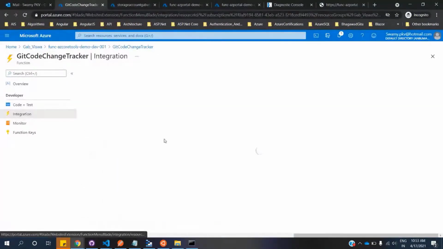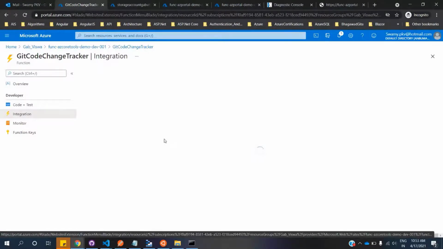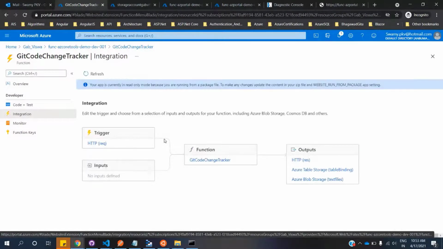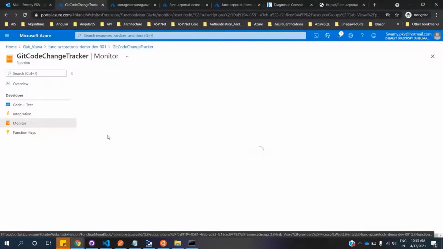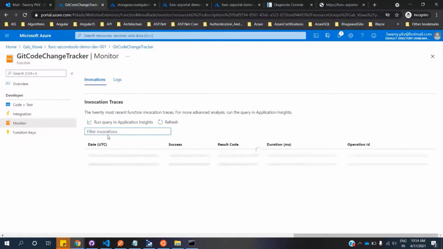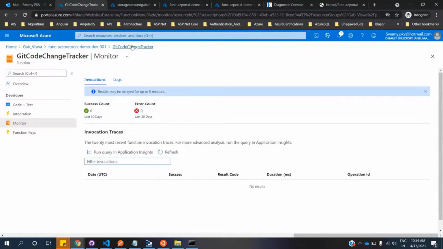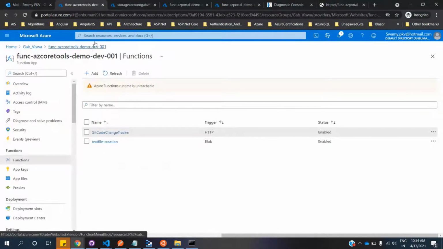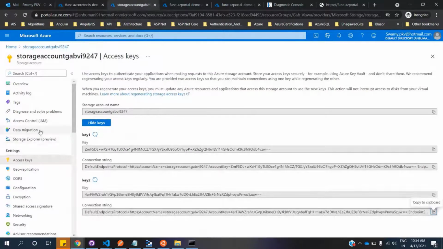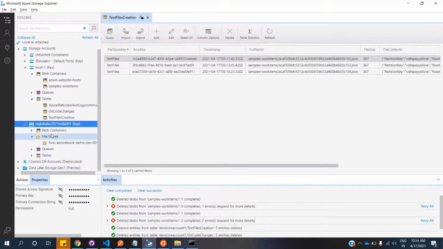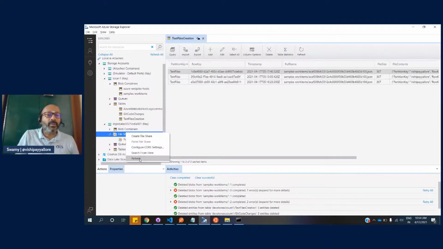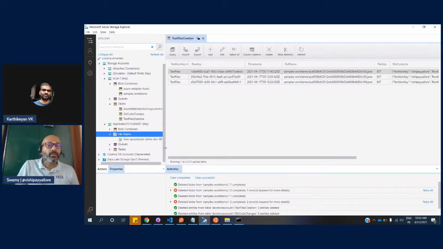So we can quickly come back to the function. It takes some time. Let's see if it is flushing out the logs here. We can see the logs are, oh Jesus, what did I do? Okay, maybe it's going to take some time. Let's not worry about that one. Let me come back to that storage explorer here. Oh, we already have the storage explorer. I can go back to this one and quickly see that the file share will be updated with the new function.